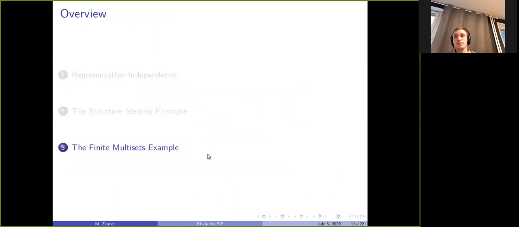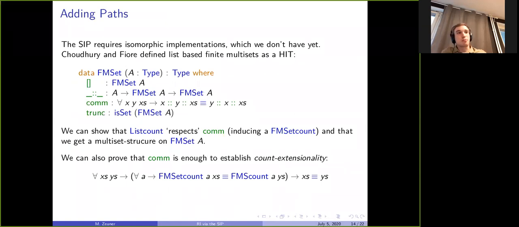And now we can solve the problem of representation independence by adding paths to our implementations. Because remember, we don't have isomorphic implementations, which we need for the SIP. Here's a way to define list-based finite multisets as a HIT, due to Choudhury and Fiore.